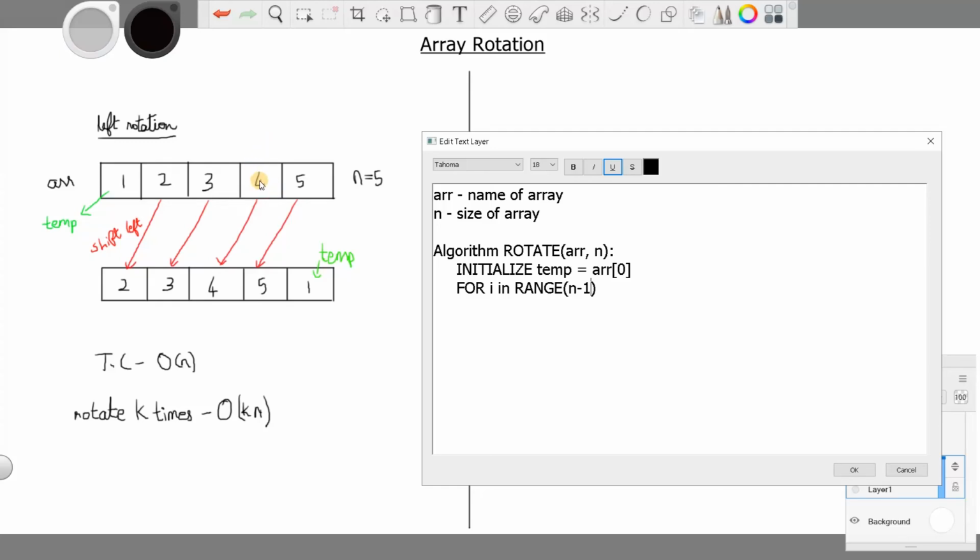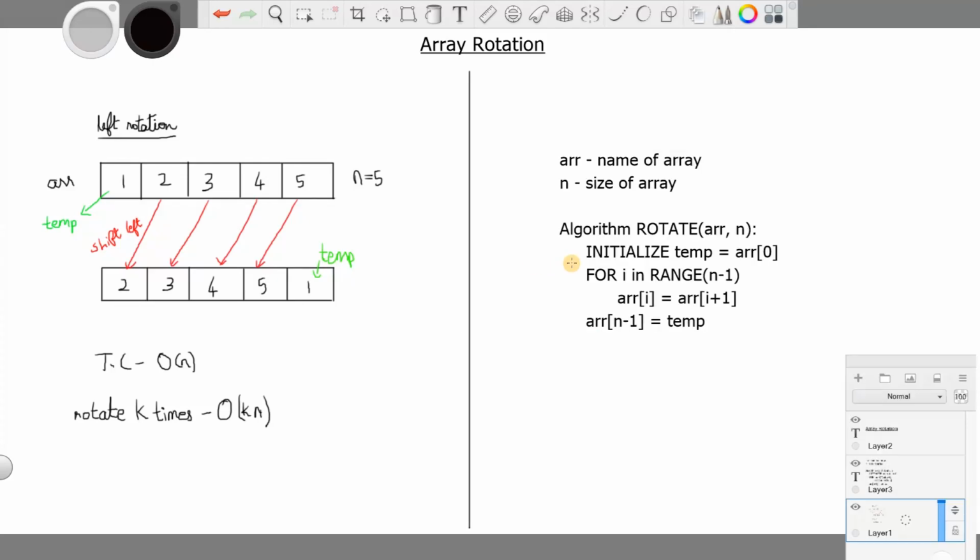Now for shifting the elements, array of i equals array of i plus 1. This will store the next element in the current position. After shifting all the elements to the left, we will use the temporary variable to store it at the last: array of n minus 1 equals temp. So this is the logic of the algorithm.